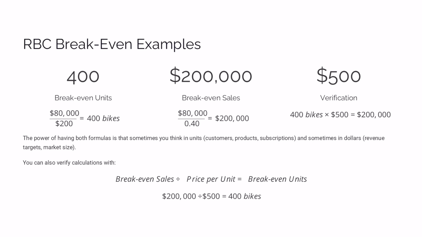Here's the historical context that makes this memorable. Henry Ford calculated that the Model T would break even at 10,000 units annually when the entire US car market was only 200,000 vehicles, and critics said he was crazy to need 5% market share, but he understood that at his lower price point, he was expanding the total market, not just taking share, which is exactly what Tesla did a century later.